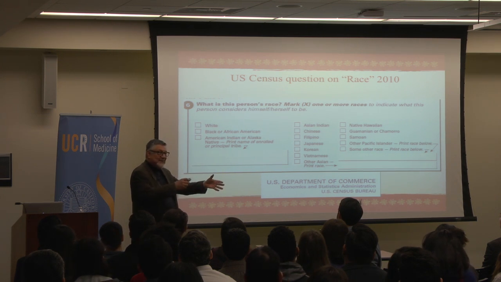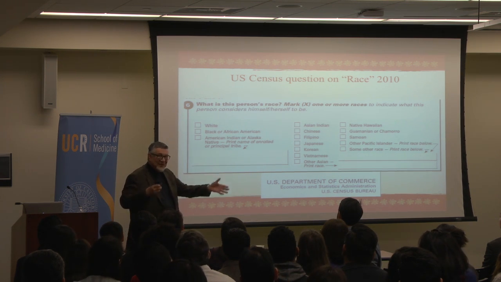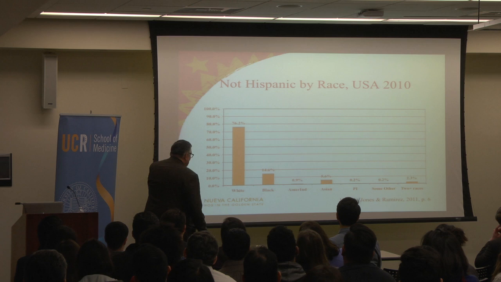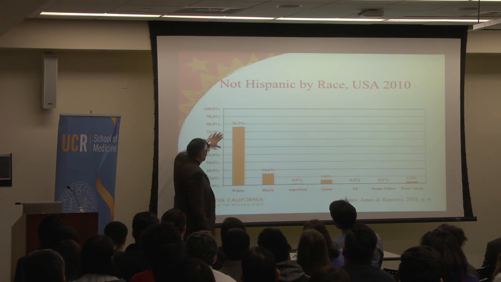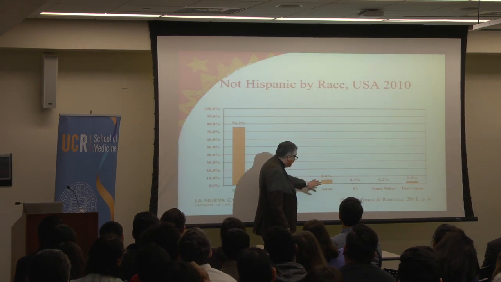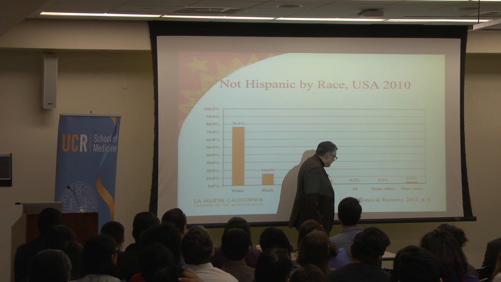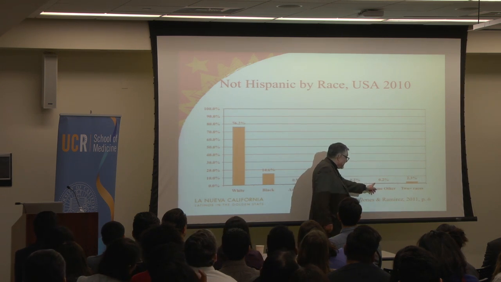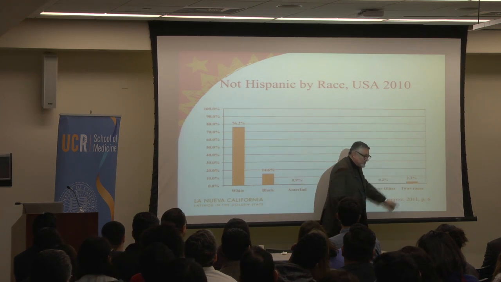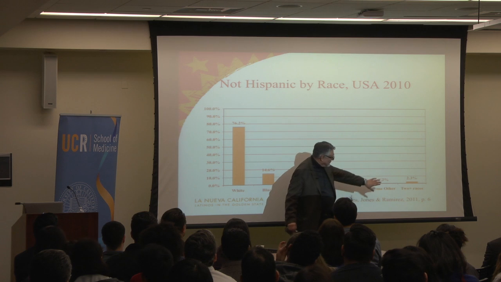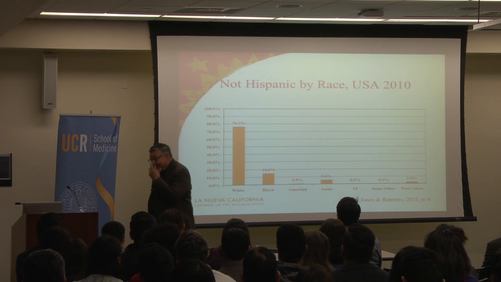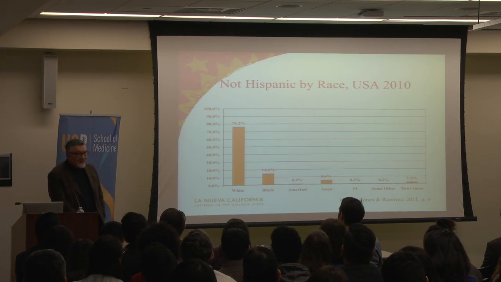As we look at the non-Hispanic population, people have got the drill after 200 years. They know what they're supposed to respond. So as we look at the non-Hispanics, 76% say they're white, 15% say they're black, 1% say they're Indian, 6% say they're Asian, 0.2% Pacific Islander, 0.2% say, I must be some other race. And 2.3% say, I'm two or more. These are really small percentages. They know the drill.